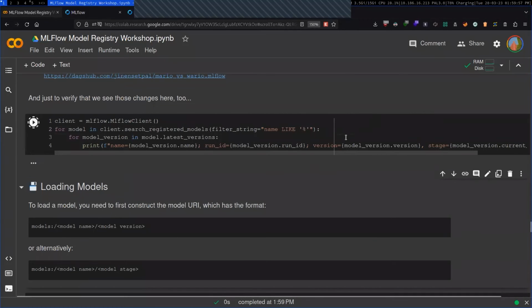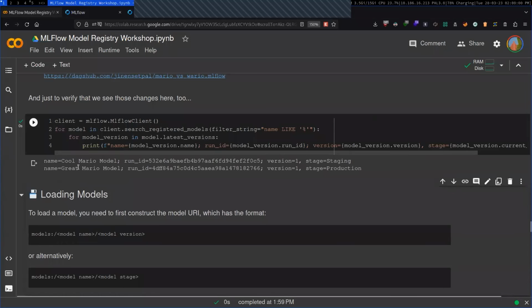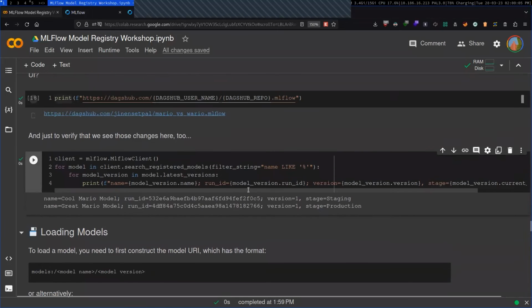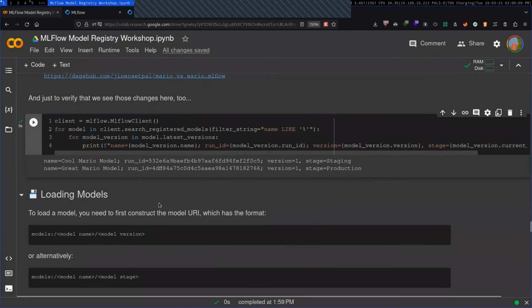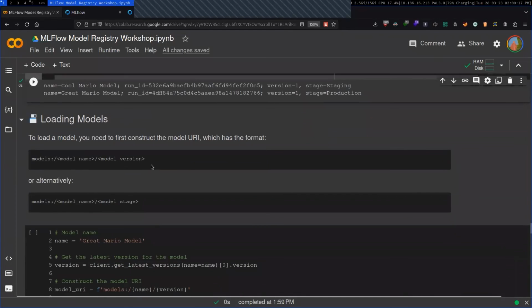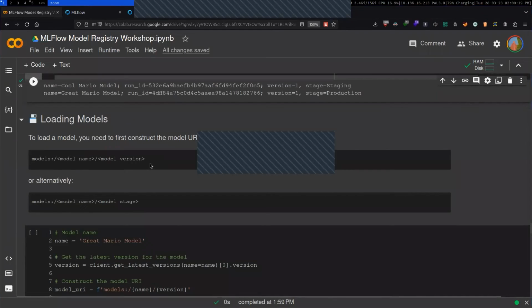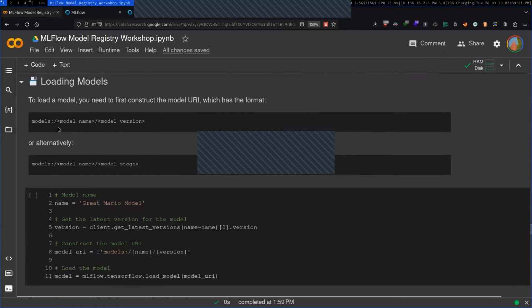And if I were to just let it print all of the models, I can also see the gray has been updated to the production stage. Since we are directly querying the MLflow remote, that update is all dynamic. It is just there by default. In order to load a model,